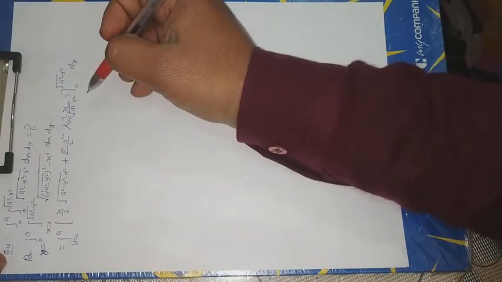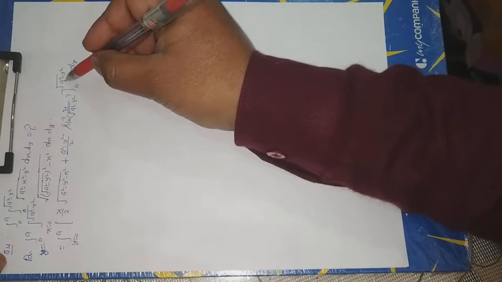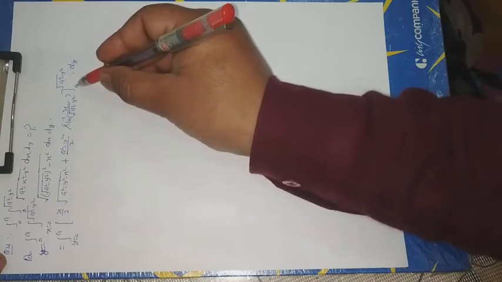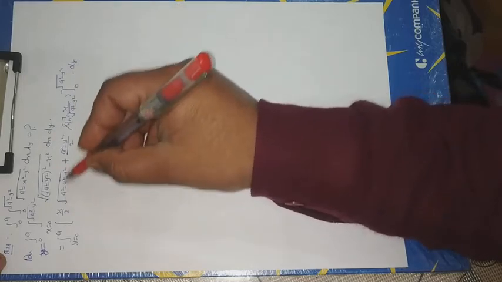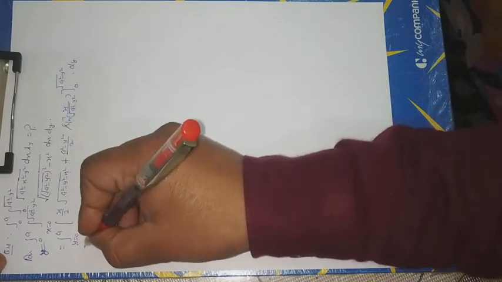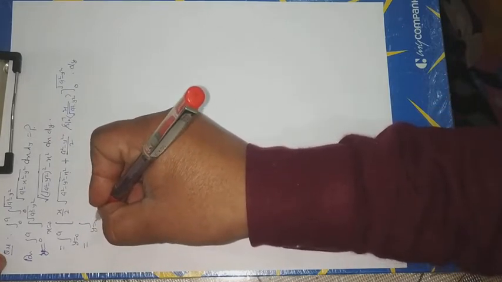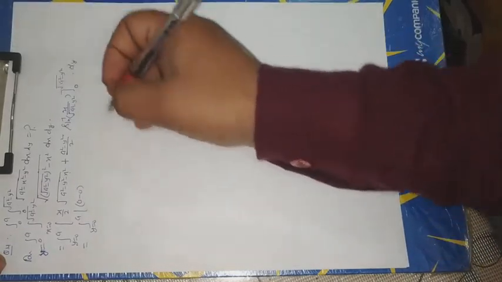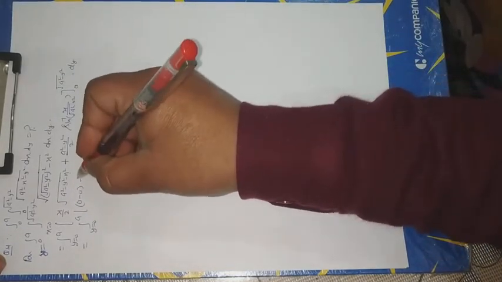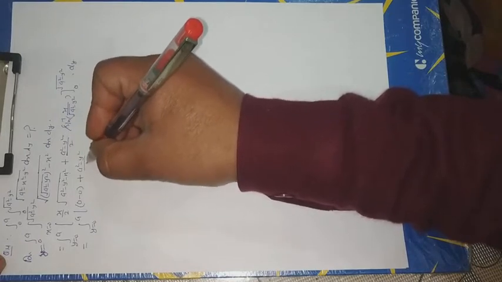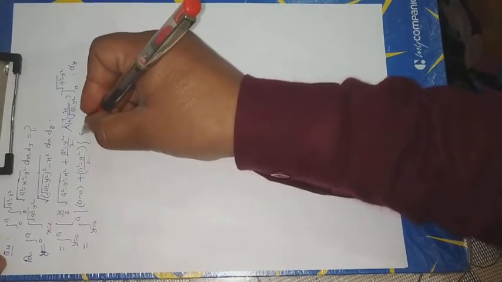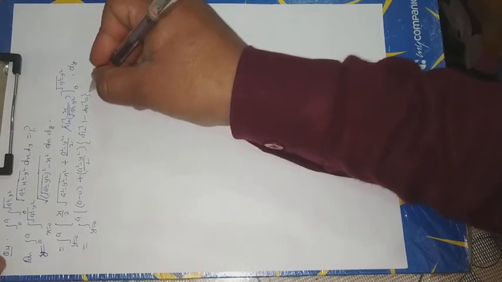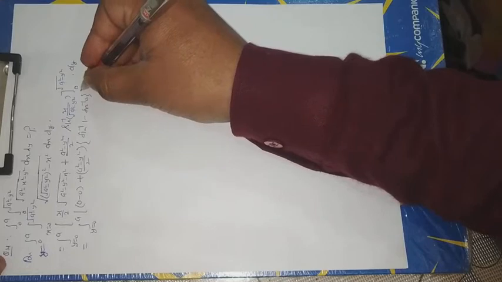When we put x equal to under root a square minus y square here, then we get 0. And now putting the lower limit of x, 0, we get this equal to 0. That is, we can say the first term is always 0. Now the second term, (a square minus y square) upon 2 into (sin inverse 1 minus sin inverse 0) dy.